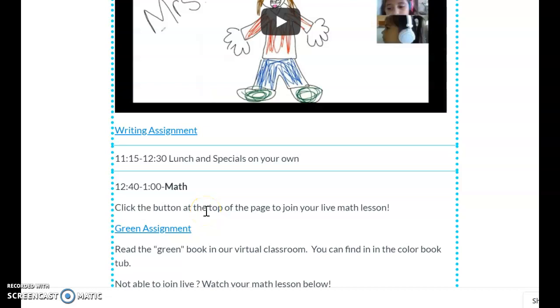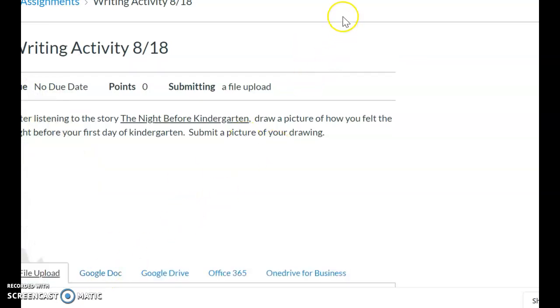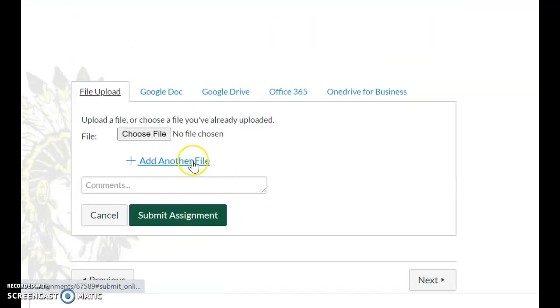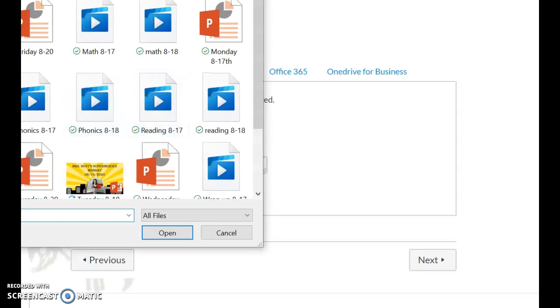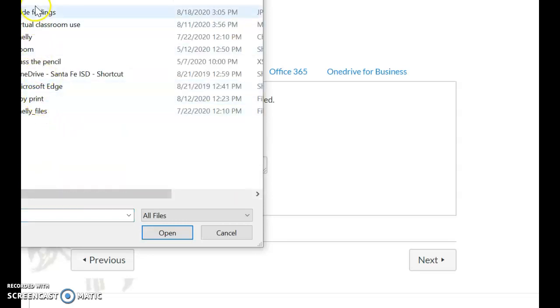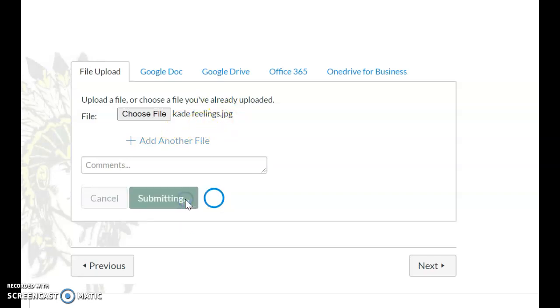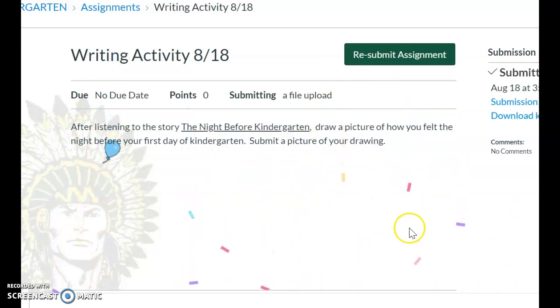Okay, so to submit a picture, you can click on the assignment, submit the assignment, and then you're going to click on File Upload, choose a file, find the file that you took with your phone or camera or your computer. Hit open and it's going to be there, and then just hit Submit Assignment, and then it'll say congratulations, and